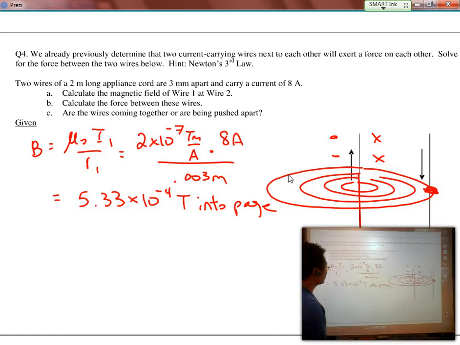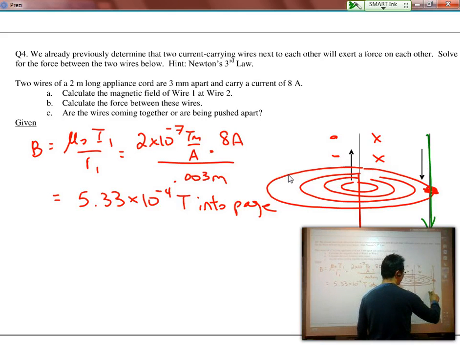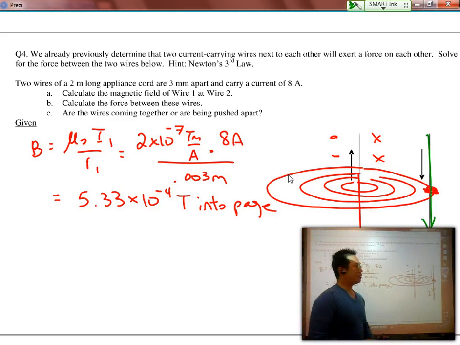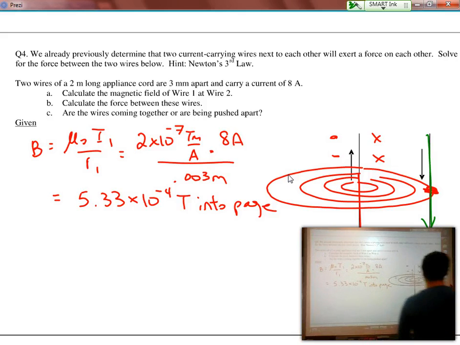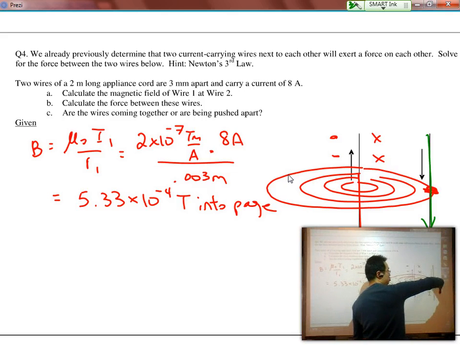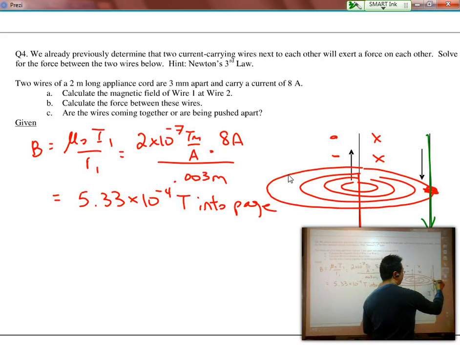Now, the thing is, this wire is also carrying a current going down. Using my third hand rule, okay, that's this one right here, because the current is going down, my fingers are going into the page, I can see that my palm is pointing to the right. In other words, I'm going to feel a force